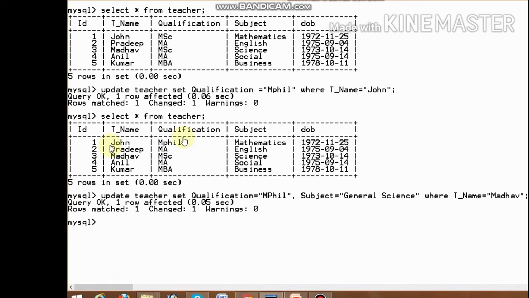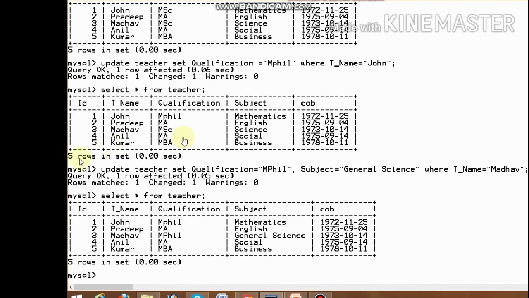Now query is OK. Now we check it. Select asterisk. Madhav's qualification is MPhil and subject is changed to general science.